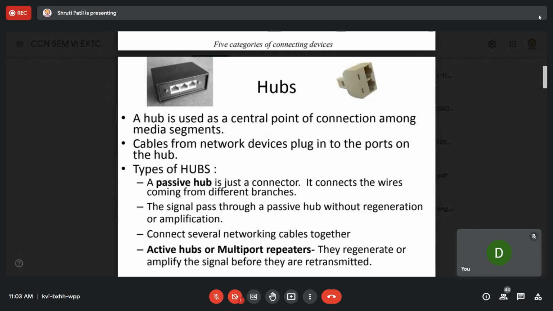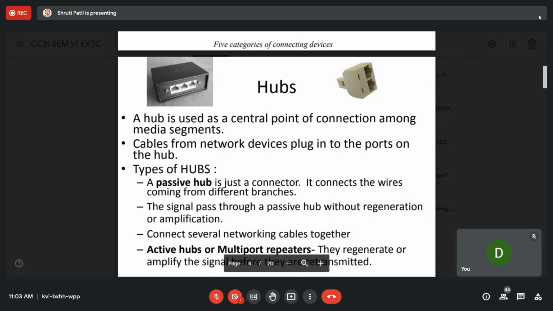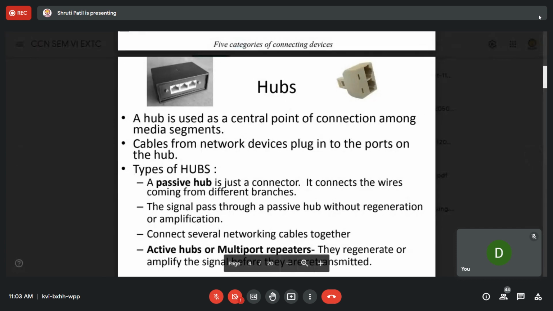The signal passes through a passive hub without regeneration or amplification, so it connects several networking cables together. Active hubs, or multiport repeaters, regenerate or amplify the signal before it is retransmitted.